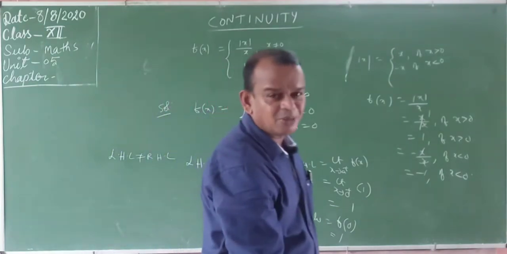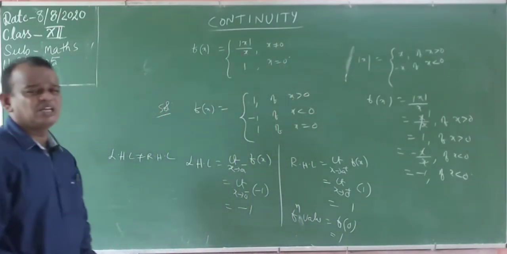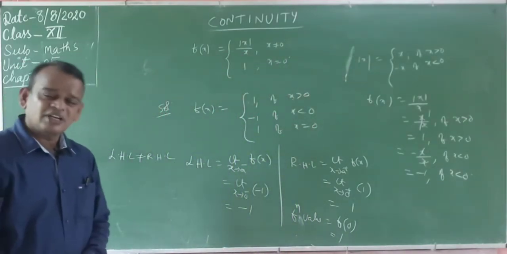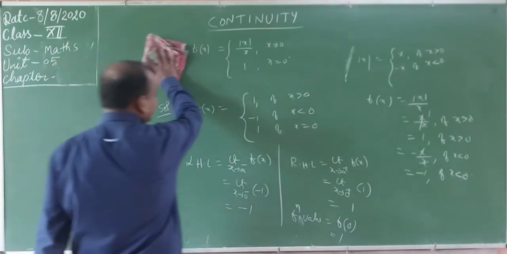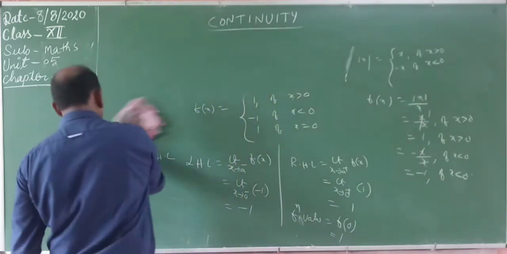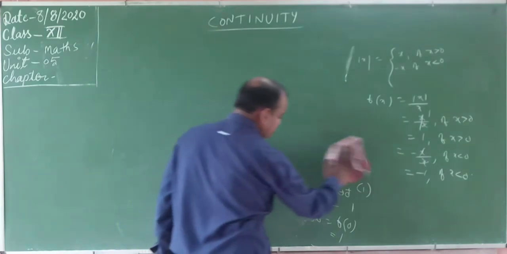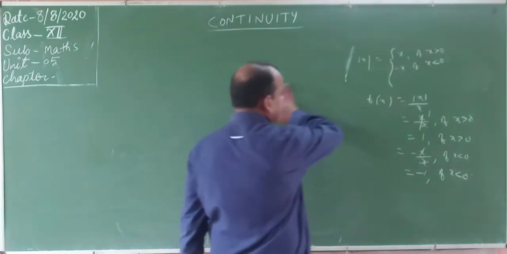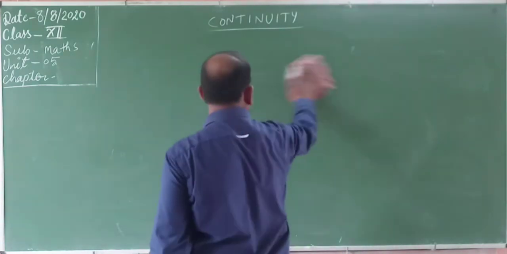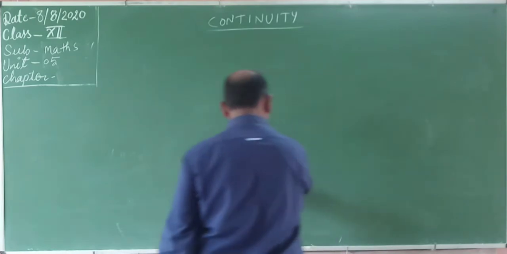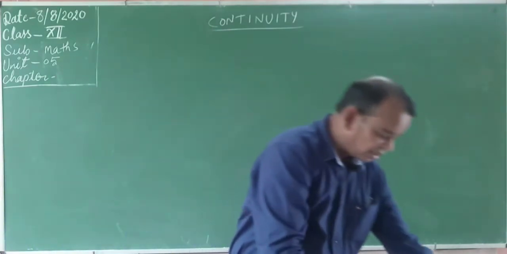Very, very simple problems. Okay? We will do the total exercise easily. Most important questions. We will get in the CBSE exam a 2 marks question compulsory in continuity. Very simple topic. Those 2 marks are 100% in our pocket. Very simple questions. I hope that all of you understand. Okay. Now going to another problem.